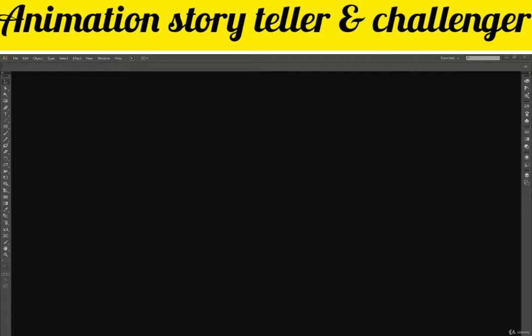Then we learned how to create a new file and save that file, and how to open that file again in Illustrator. We also learned that the extension of Illustrator files is .ai, and if we want to save a file in legacy versions, like right now we are using Illustrator CC and you want to save it in CS6 or CS5 versions of Illustrator, how can we do that? You get options while saving the file. So yeah, you can refer to my previous video for that.